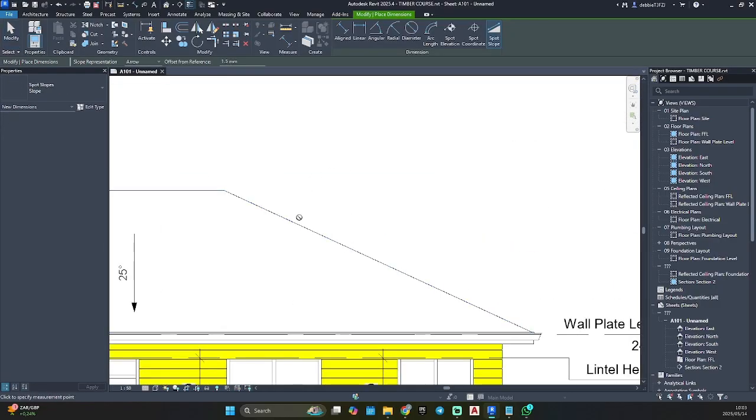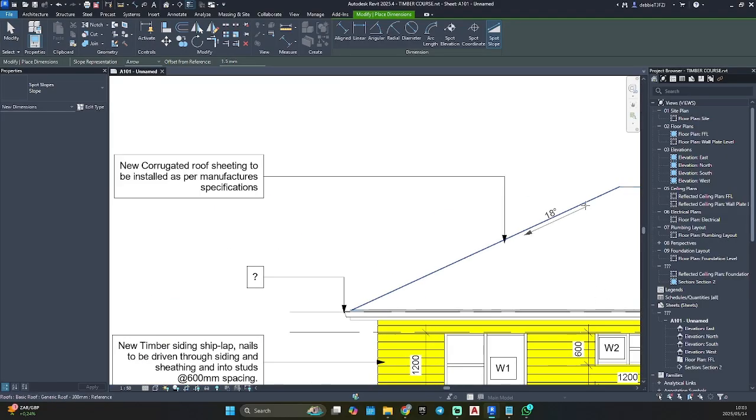Since we've done one, let's do all of them. Press tab.